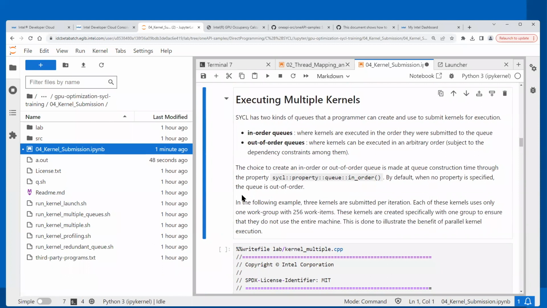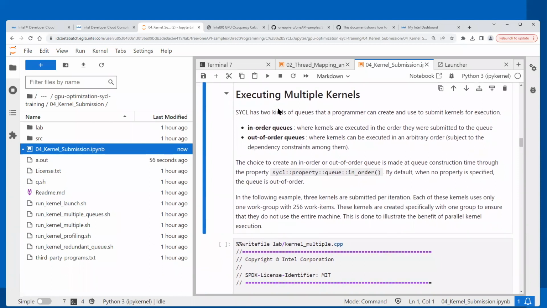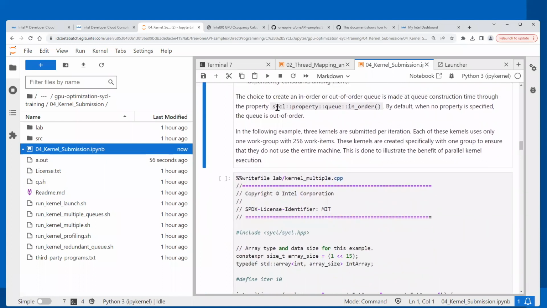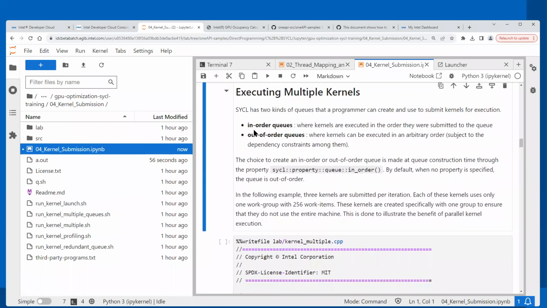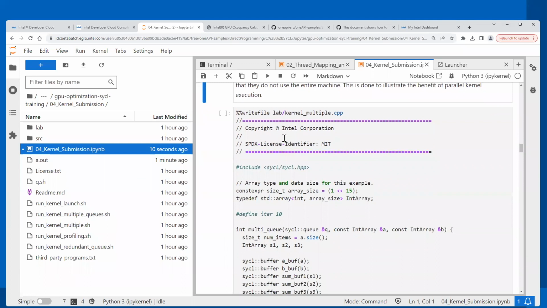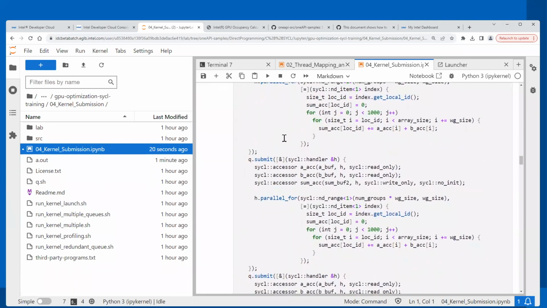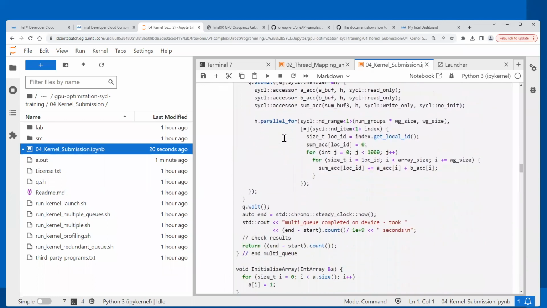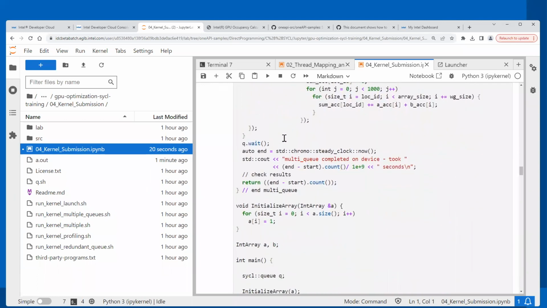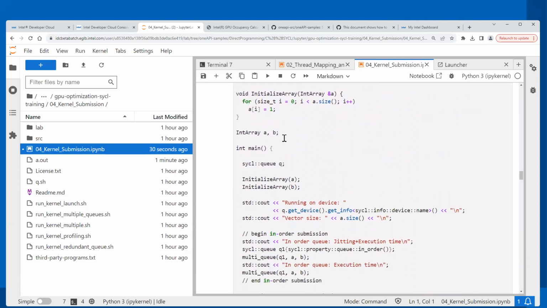We have an example here which is also showing how to execute multiple kernels, right? It'll show you the difference between executing multiple kernels one after the other, which is by using in-order queues, and also how to execute multiple kernels out of order, right? So it shows you a simple example here, but for every submission, you will see that you can either use